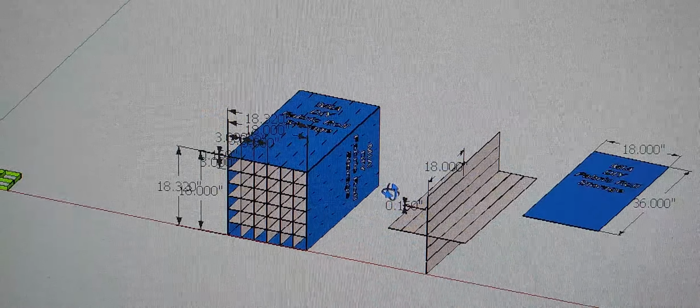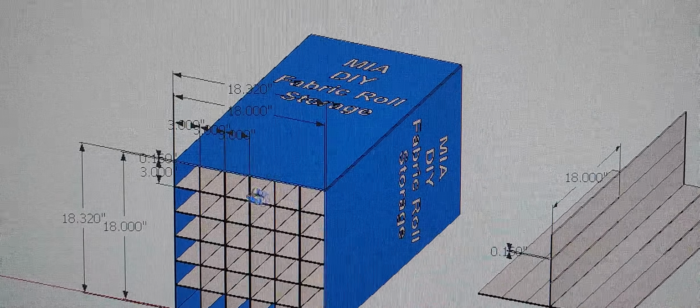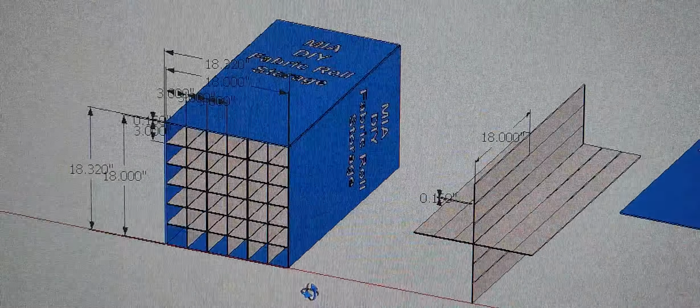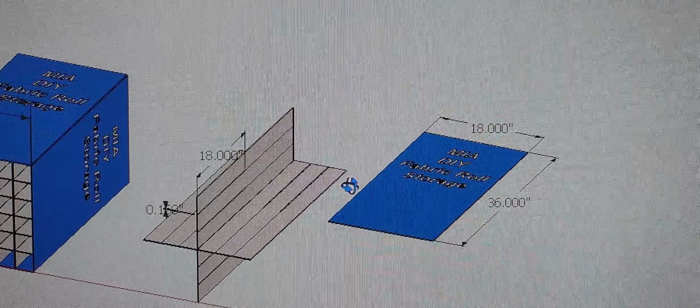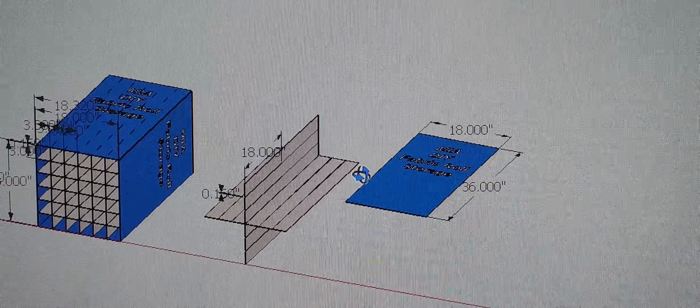18-inch panels by 36-inch panels. Once again, 1, 2, 3, 4, 5, 6, 7, 8, 9, 10, 11, 12, 13, 14. You're going to need 14 sheets. So basically 2 8-packs of the corrugated panels that I just showed that I'm getting through